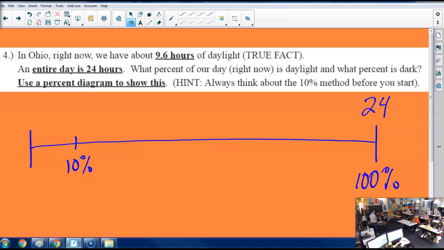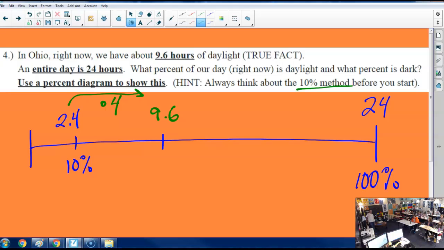If there's 24 hours of light in a day, what's 10% of that? Did anyone check how we go from 2.4 to 9.6? Araya? It's a straight up times 4. There's no crazy difficult decimals or anything like that. It's a times 4. If you use your 10% method,